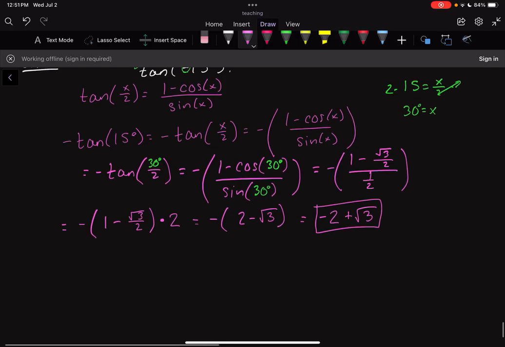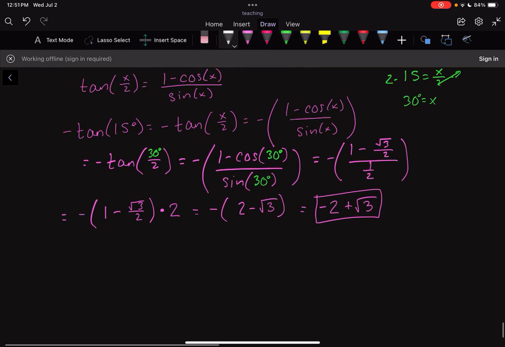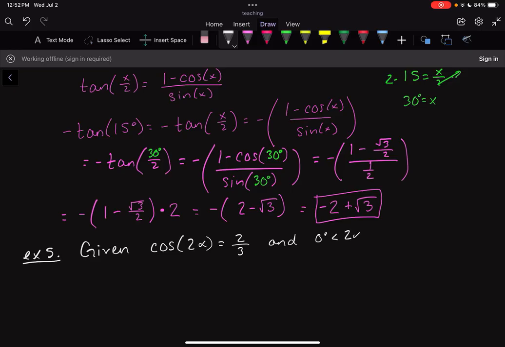So let's do this one. It's another, just different types. This says, given cosine 2 alpha is equal to 2 over 3. And it says that 2 alpha is between 0 and 90 degrees. Determine